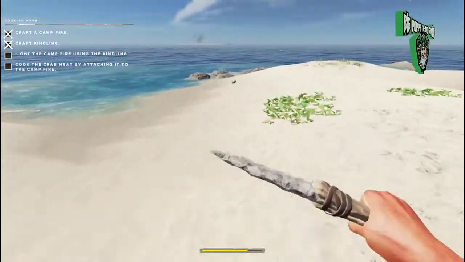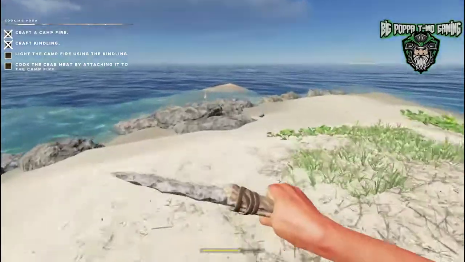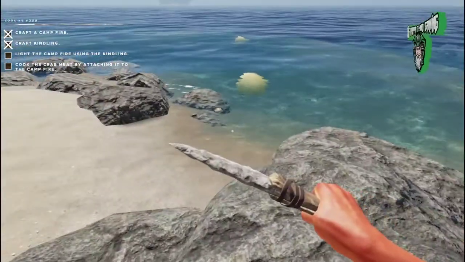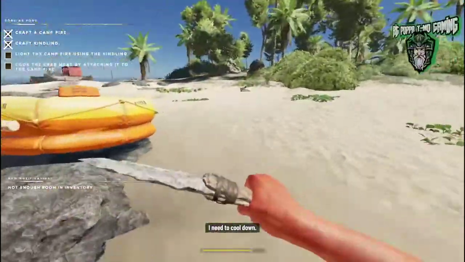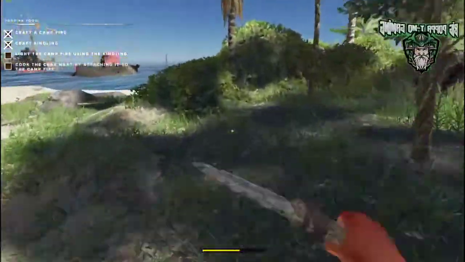Oh, there's another rock. Rocks are precious. We have a seagull over there. I need to cool down. Now, if I remember correctly, oh, there's a Pippi plant. Cooling down, we can either do that in the shade,